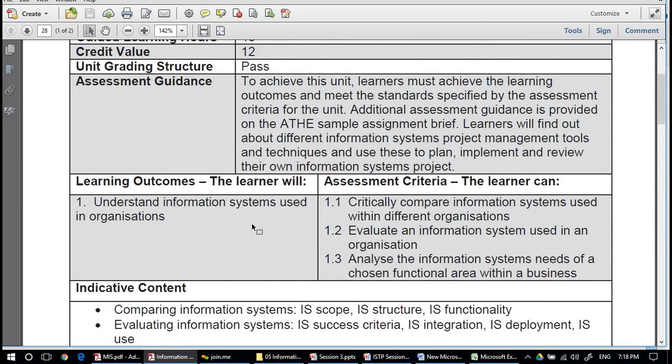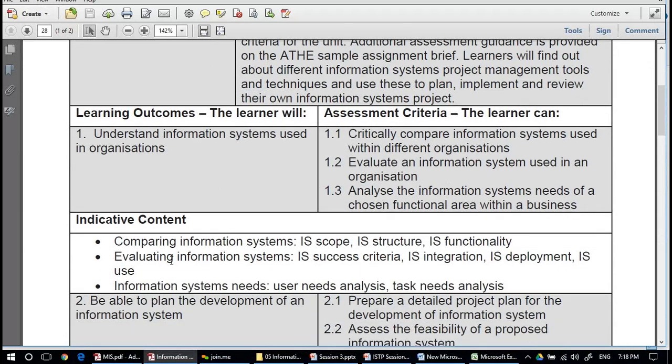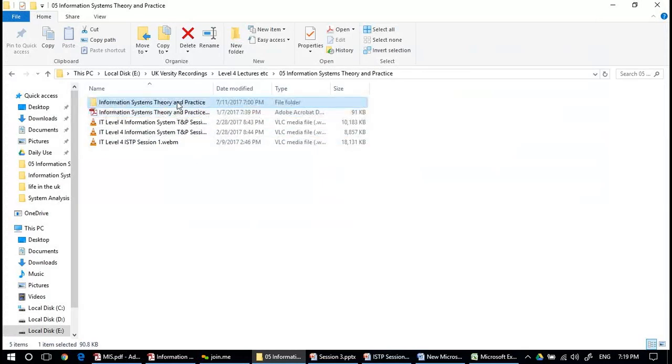The first learning outcome that we will discuss today is understand information systems used in organizations. So we will be discussing the comparison of information systems regarding the scope, structure and functionality, evaluating information system success criteria, integration, deployment, use, information system needs, user needs analysis, task needs, and these things. So let us start with